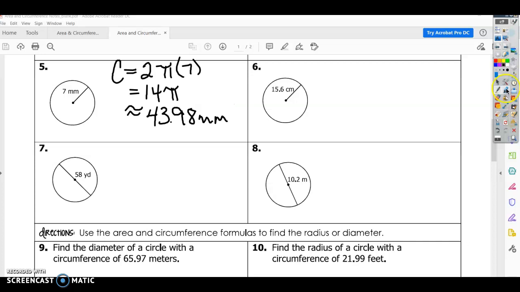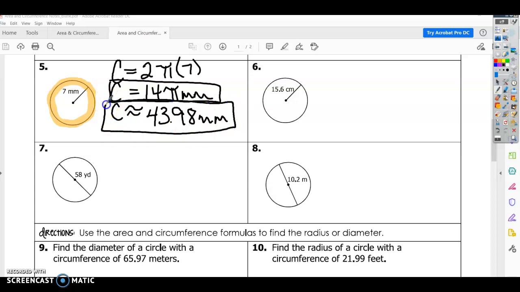All right, so this one is not squared because if you remember, circumference is the distance around the circle. So circumference is this part, not the area. When it was area, we squared it. All right, so circumference can be 14 pi millimeters,